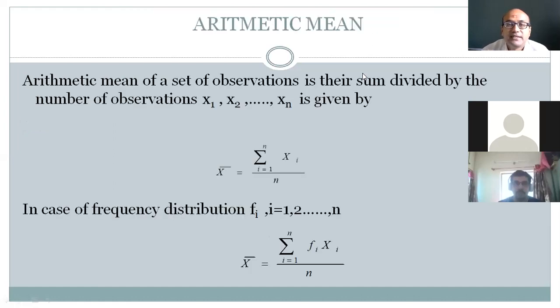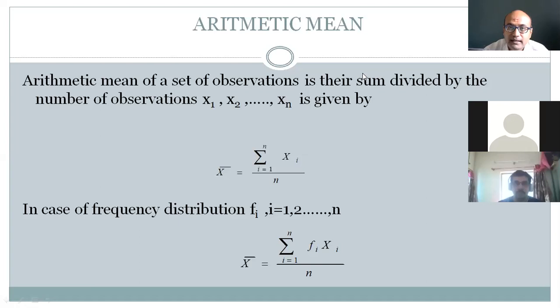The arithmetic mean of a set of observations is the sum divided by the number of observations. That is, for the data x1, x2, and so on up to xn, it is given by x bar equal to summation of i equal to 1 to n of xi by n. That is, adding the values divided by the total number of data. This is a simple arithmetic calculation for countable values, such as 50 or 25. If the distribution has a very large value of n, where i takes the values 1, 2, and so on up to n,